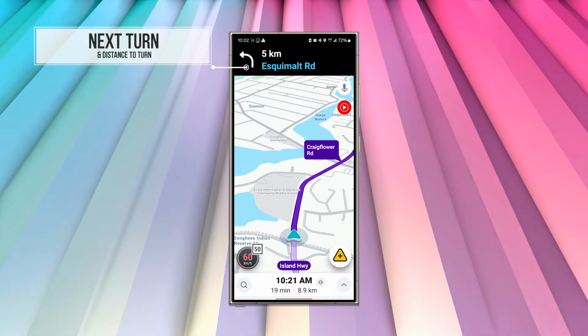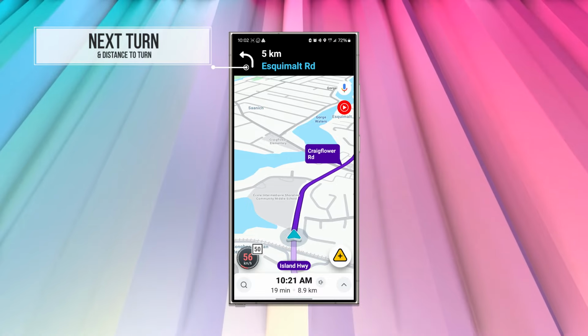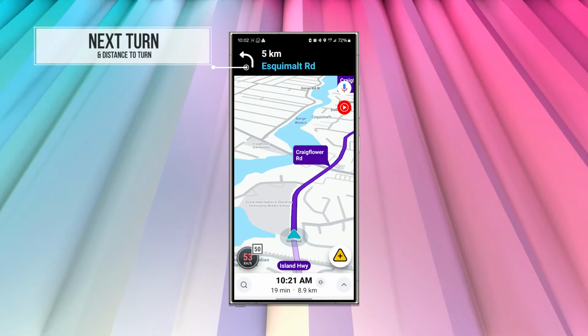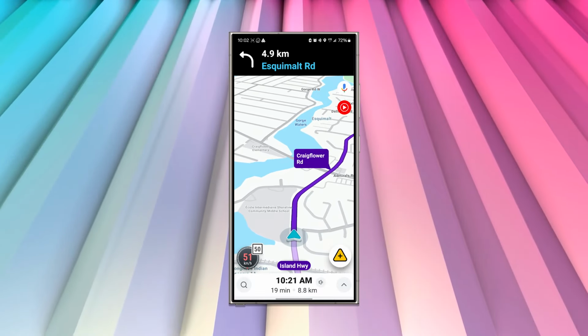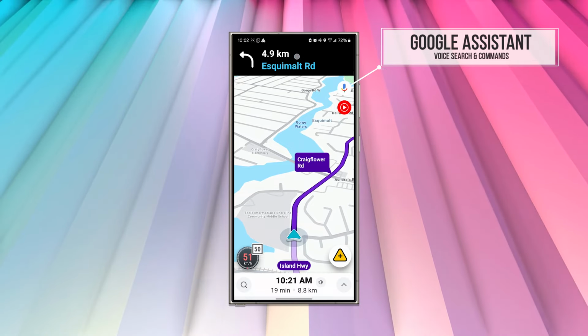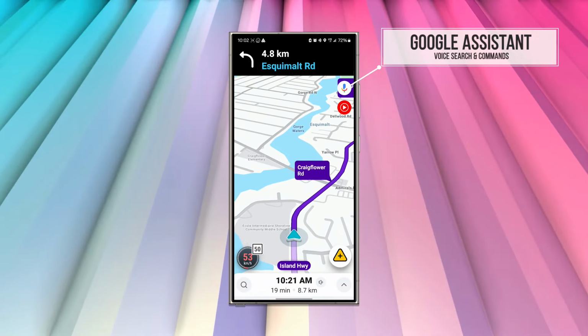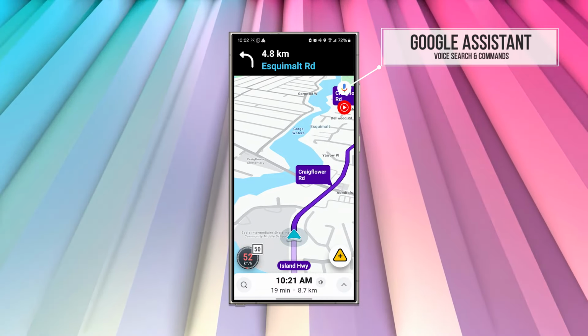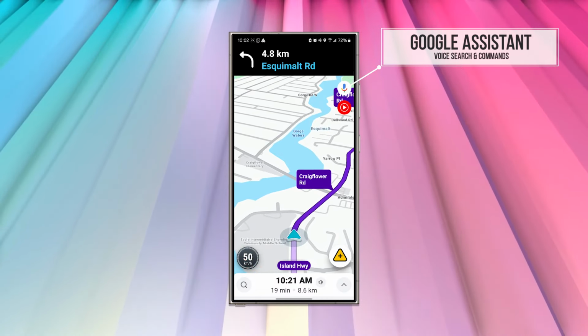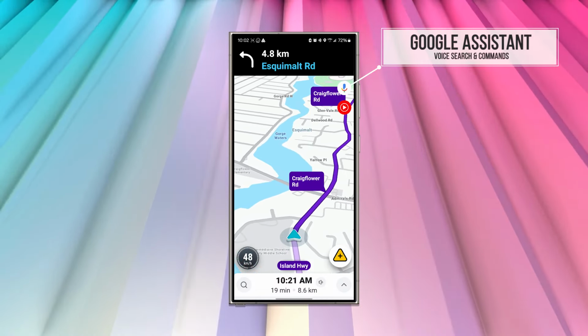This can be useful for making sure you're able to get into the right lane in advance of any quick changes in direction. Below that, you can find the Assistant button, which launches the Google Assistant if you've turned on the function in the settings. This will quickly enable you to interact with some limited assistant functions that won't impede your ability to drive, including choosing and controlling your music or audio